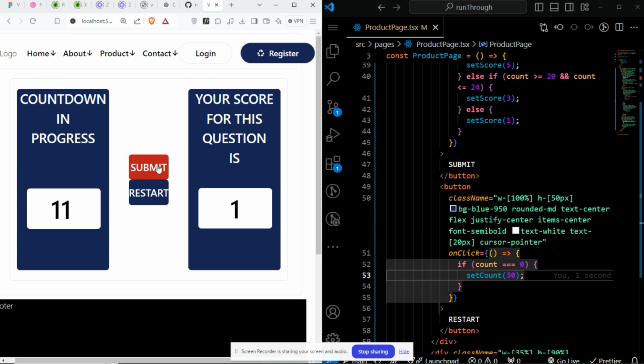We submitted, we have a score of 1. And for restart, we have to wait for it to get to 0 before we click on restart. All right, so it's at 0 now. We click on restart, it gets to 30 again and starts counting. We click on submit, it gives us a score of 5. When it gets below that time, we click, it gives us